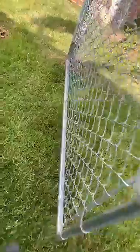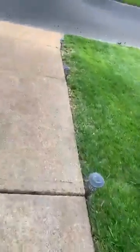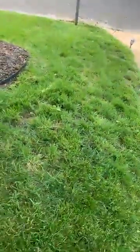That's why it takes so long for lawns to get to a certain color, as far as the green. That's why it takes so long for lawns to get rid of weeds and things like that, because you have to give the product enough time to work. As the product works, you'll be able to see a difference in your yard. Well, not in that, I gotta fill all that in. But you'll be able to see a difference in your lawn. You'll be able to see the greenness of your lawn come